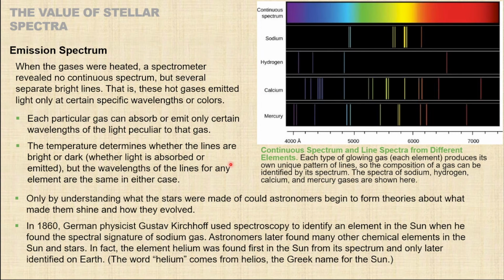When we heat up certain elements, certain gases, like sodium, let's start with sodium, or hydrogen. This is a continuous spectrum band, that's what it looks like. When we heat a specific element like sodium, it gives off wavelengths